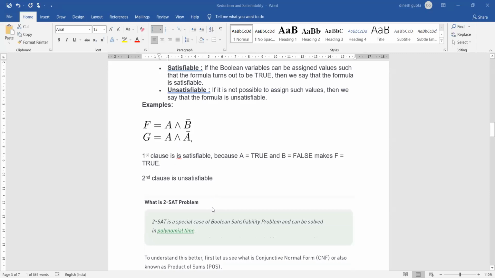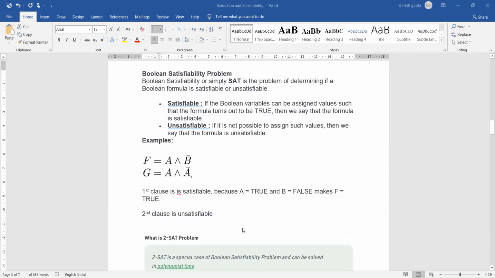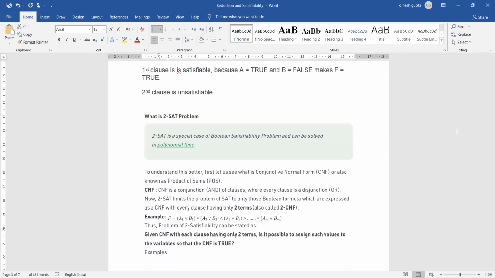3 सेट प्रॉब्लम क्या है? जिसमें 3 लिटरल्स हैं. तो 2 सेट प्रॉब्लम क्या होगी? जिसमें सिर्फ 2 लिटरल्स होंगे. 2SAT problem is very easy to solve and this is considered to be a polynomial time algorithm because the amount of time it takes is less. Now k ki value 2 hai. More the value increases, more difficult it becomes to solve the problem, but still the solution exists. Still the solution exists. To know this better,